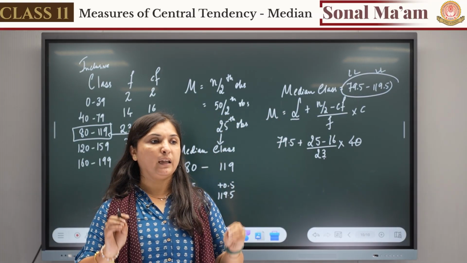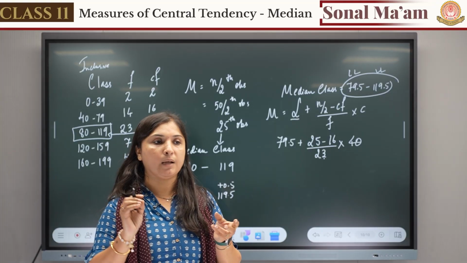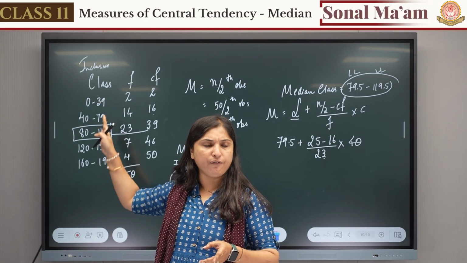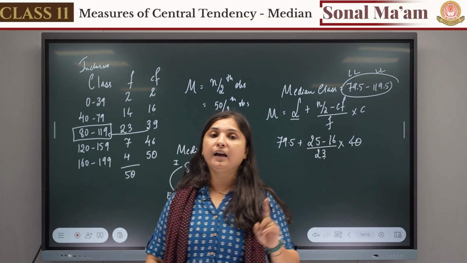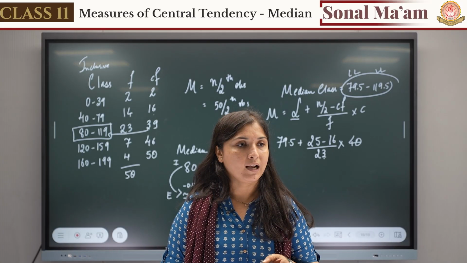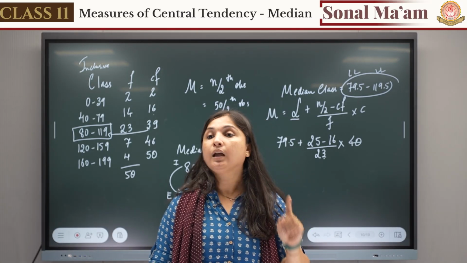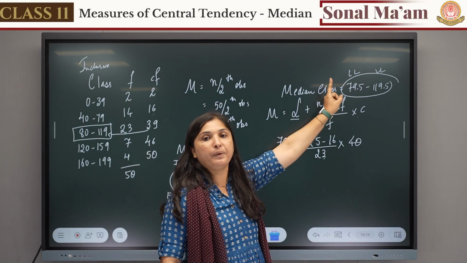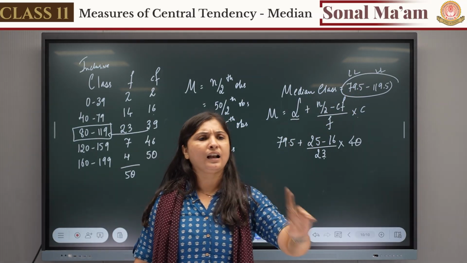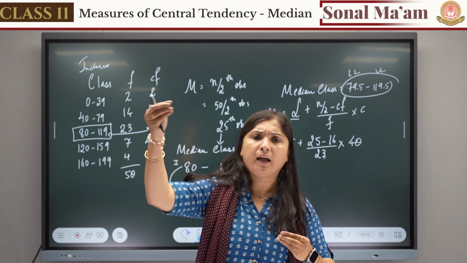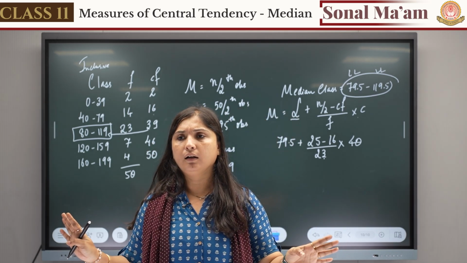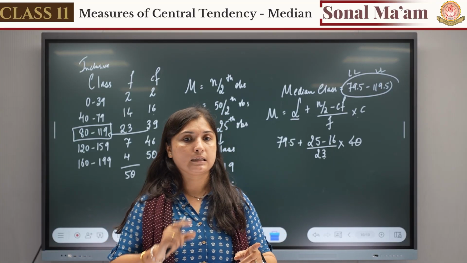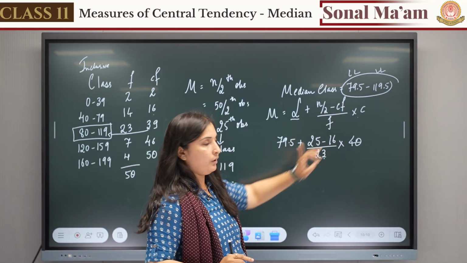Yes. Many a times it happens that you don't have equal class length. Here we have equal class length, a gap of 40 everywhere, but many a times we don't. Now you have to remember one thing: class length of which class? The class length of the median class. The median class that we chose, we are concerned only with its class length, not with what is above or below it. We always take into consideration the median class. So here we have a gap of 40.